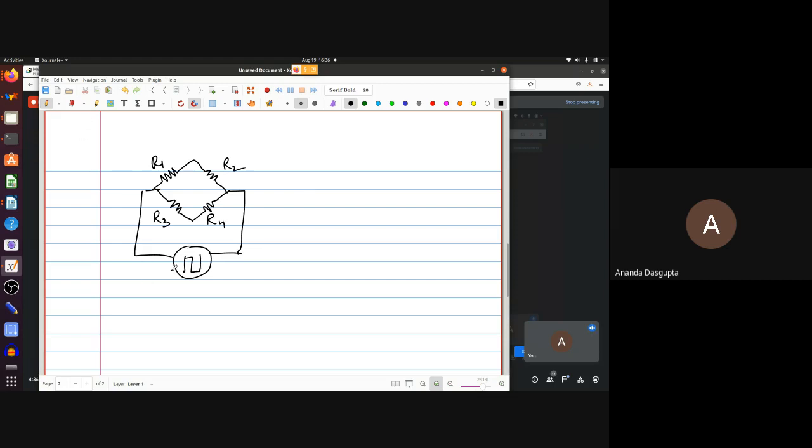Okay, if such a square wave generator were used in a circuit like this and you connected a current measuring device here, and let's say the current measuring device can actually measure the current at every instant so that you can get a waveform. It's possible by using a cathode ray oscilloscope, a CRO, a device which you will hopefully use next semester in the lab. But if you have such a device, and this is your circuit, what would the current waveform look like?